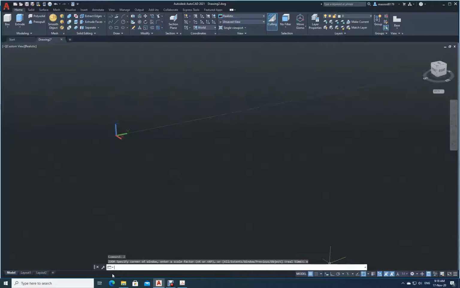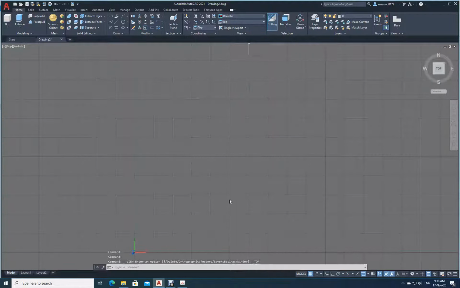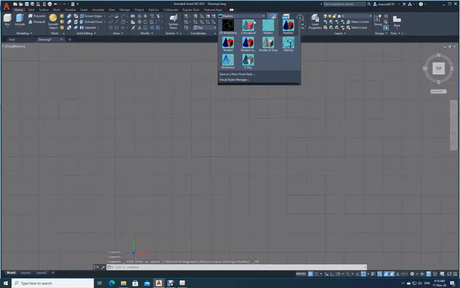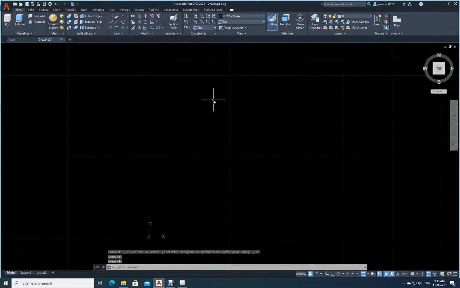Now what I will do is I will draw the top view. From the top view I will develop the remaining views. Okay. So I will just go here, select top view. You can see here I have selected top view. Now the screen has changed the position. Now I will remove this realistic, make it 2D wireframe. Okay. Now what I will do is I will draw a line.